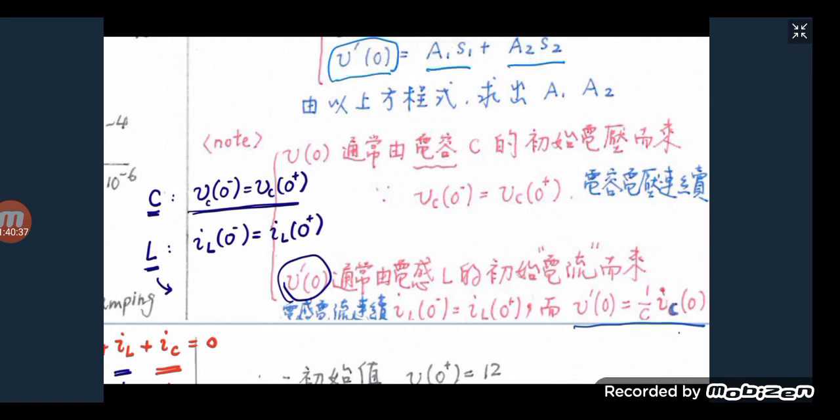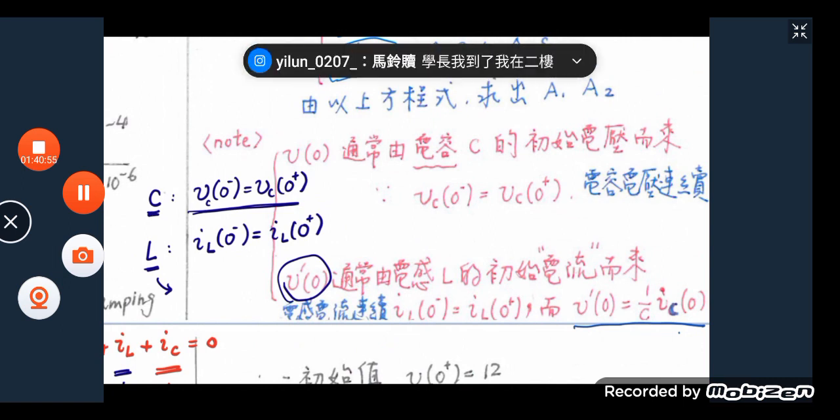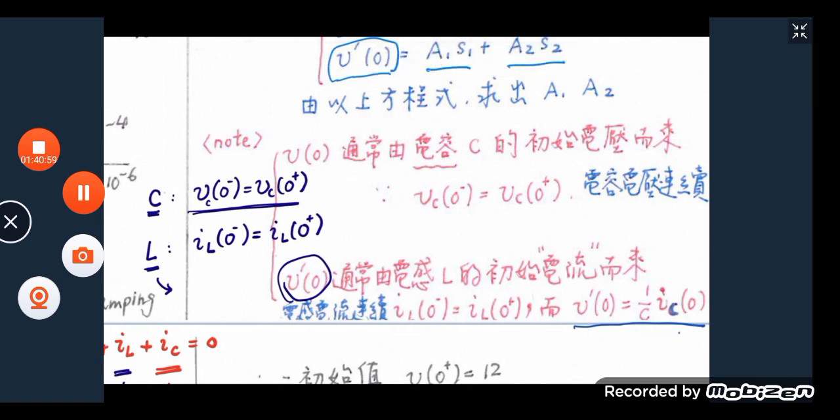Any questions? 可以吗？所以我们下礼拜的考试范围就考到8.1，但是8.1跟8.2是相通的，它这边只在决定什么初始值，所以我们还是要看一下8.2的那个。